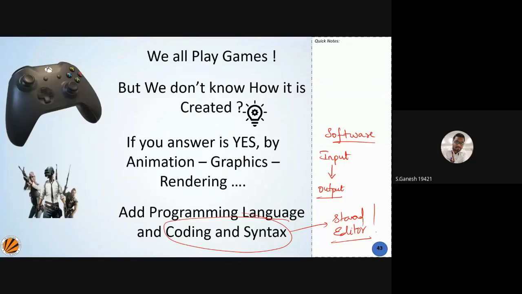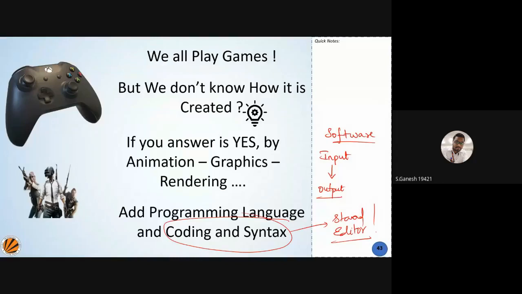So the advantage of the STAAD Editor is very, very high. For the people who have not used the STAAD Editor, I'm very sorry, but you should be aware of it. Maybe you missed it in college or in your projects. It is very effective when you go for updates or corrections in the models. That can help you out in your projects, right?